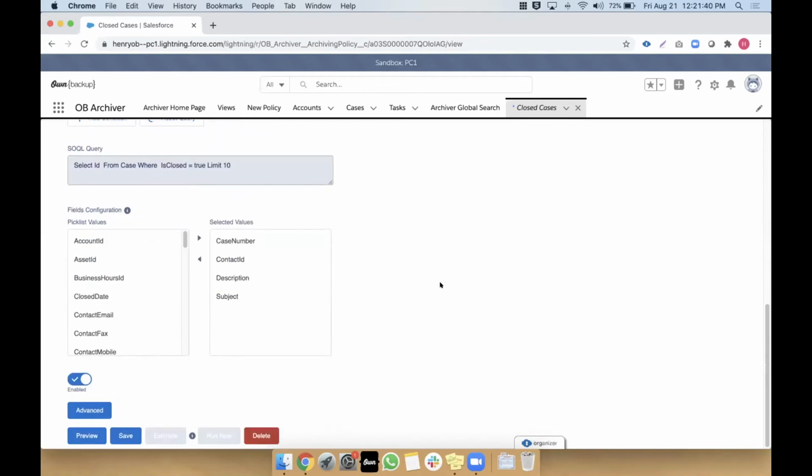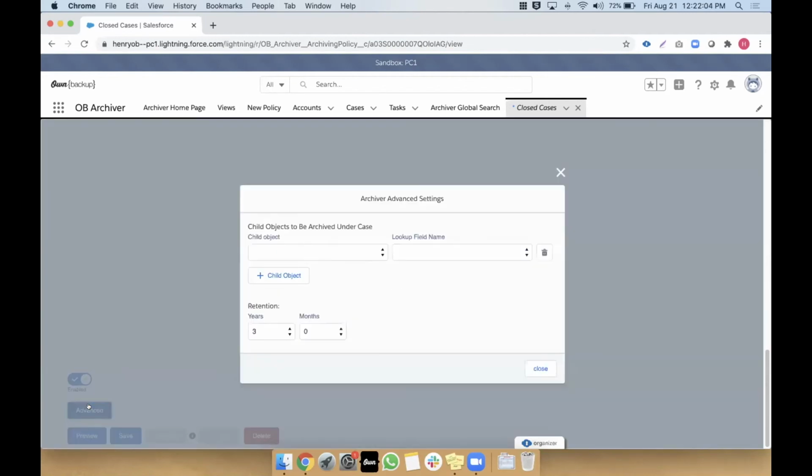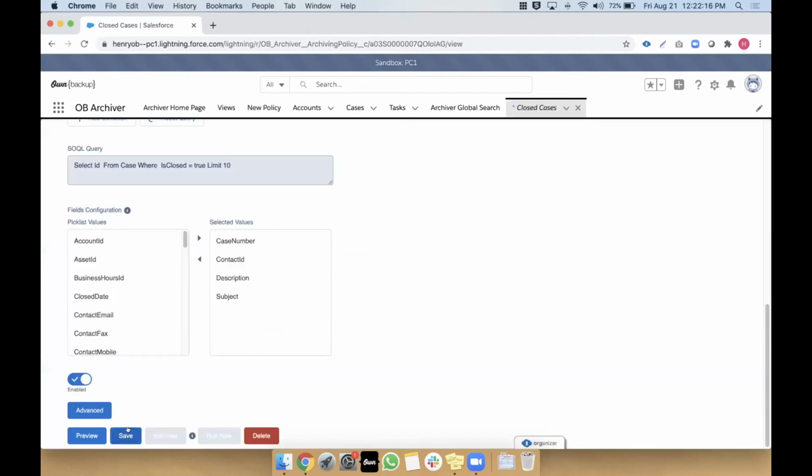And then we come down here and select some fields for the layout configuration. Now, what this is referring to will become clear later on in the demo, but I would like to clarify that we are archiving the entire record. But in terms of the preview that's shown to you after the data has been archived, these are the 4 fields that you'll see mainly. So I can also click into the advanced button here, and here's where I can add additional lookup relationships and also set the retention period per policy. And that can go up to 10 years. So I click close here, and then I click save.